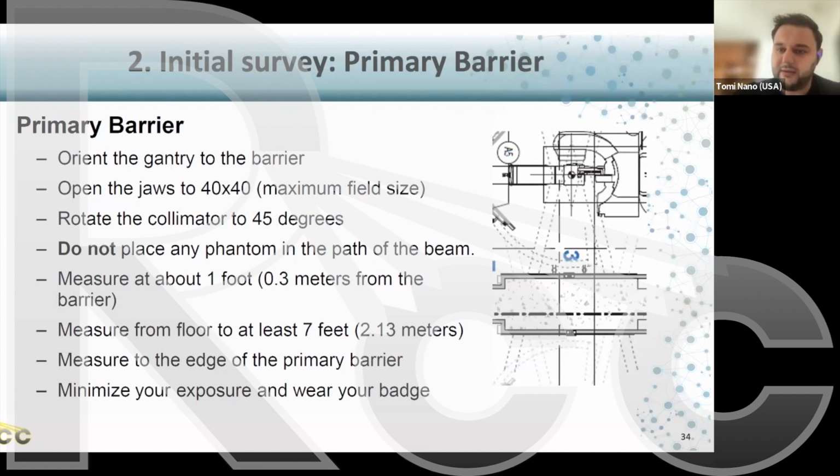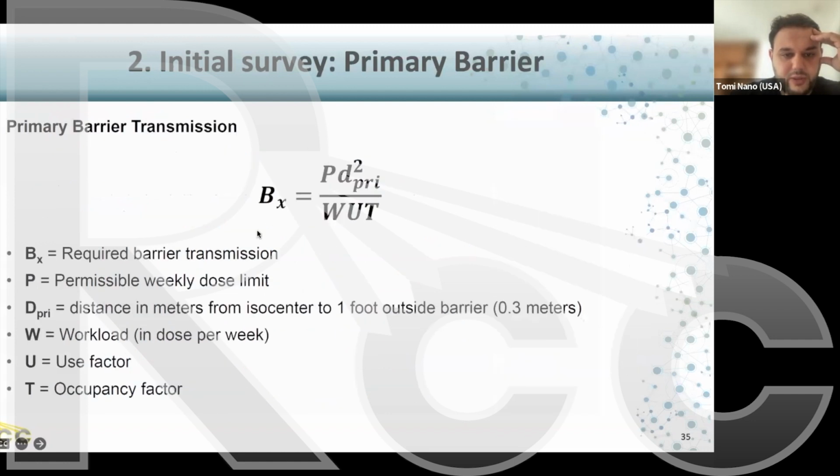You want to have that span across your wall, and you don't want to place any phantom in front of the beam. A couple of other things: you want to measure 30 centimeters away from the barrier, and you obviously want to minimize your exposure anywhere to your badge. So all of this is described in the NCRP 151, and in addition to this barrier transmission equation,